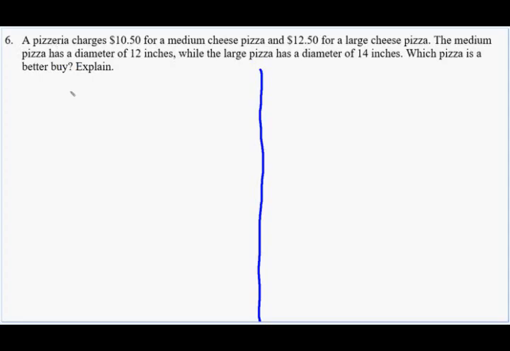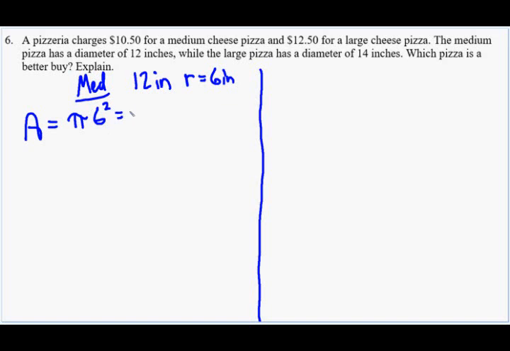So let's see. Here I'm going to do medium on the left. The medium pizza has a 12-inch diameter. So let's find its area. That means its radius is 6 inches. So the area of our medium pizza is going to be pi times radius 6 squared. That is 36 pi, or approximately